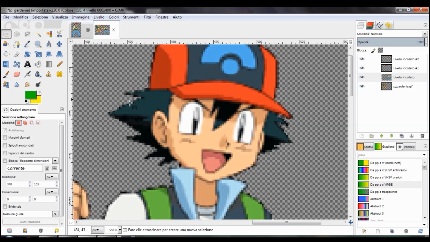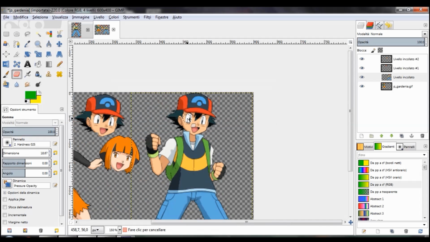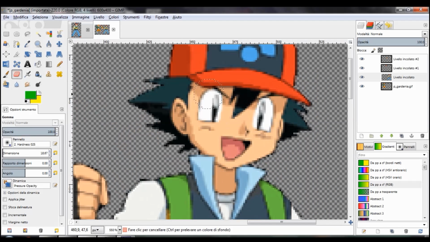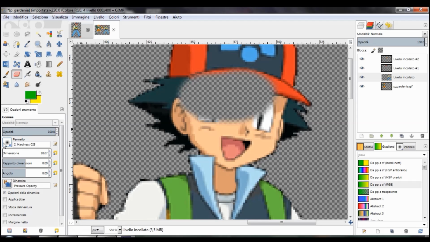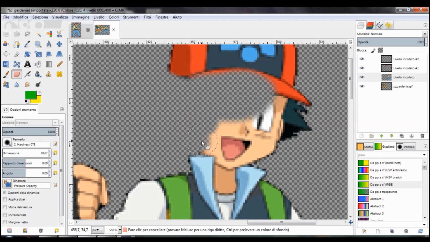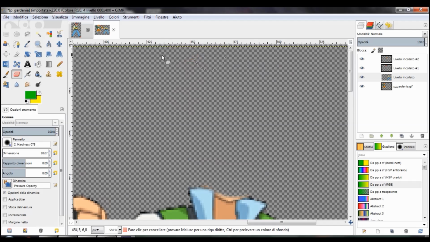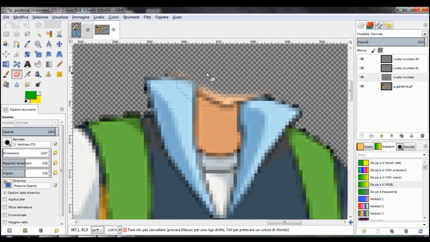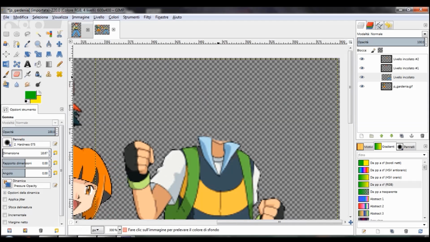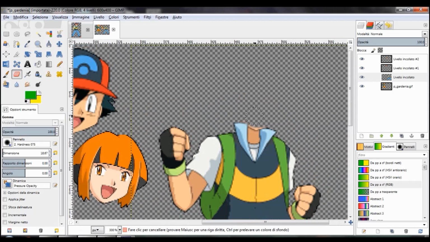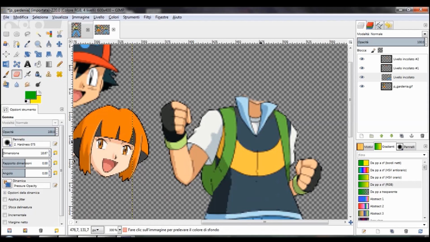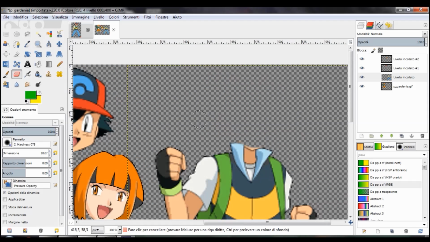Now, next step is to delete the heads on the original layer, just using the rubber tool. I will use a 75 hardness tool because it deletes pretty well. Again, you don't need to be very accurate because we will fiddle with the layer under it a little bit better later because it changes from time to time,